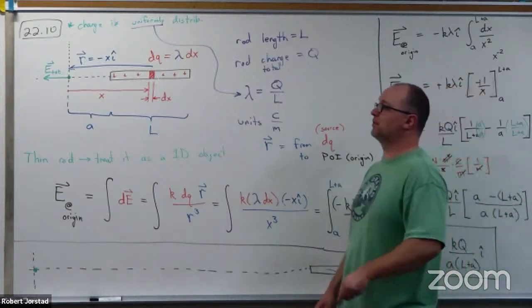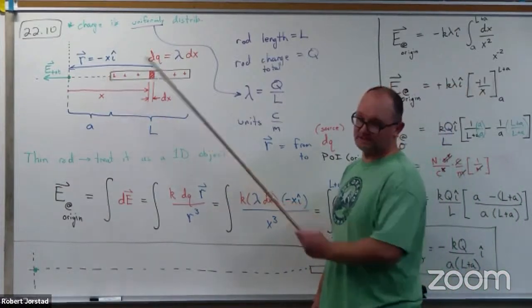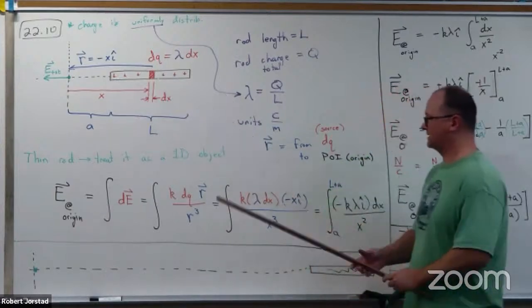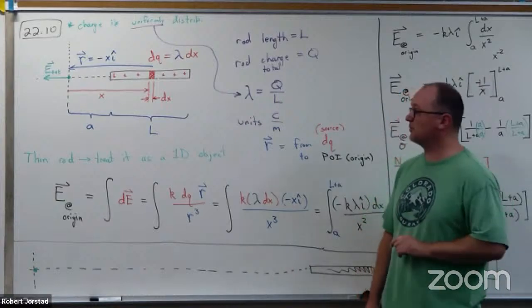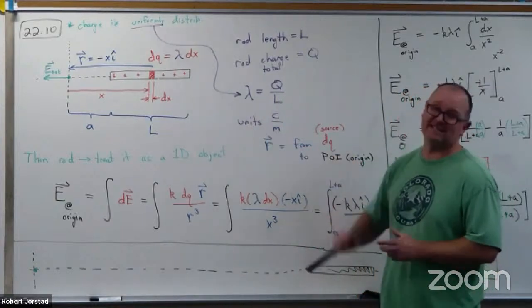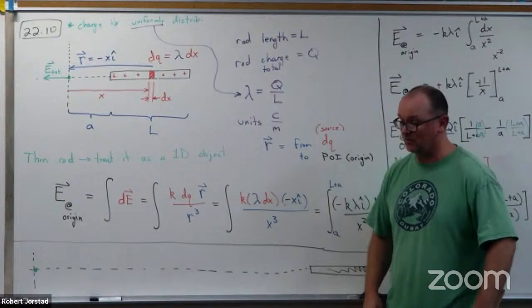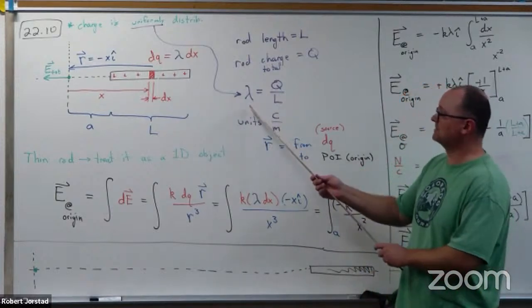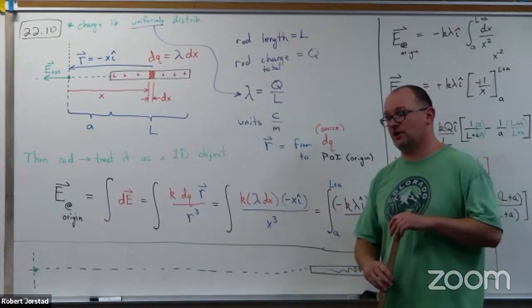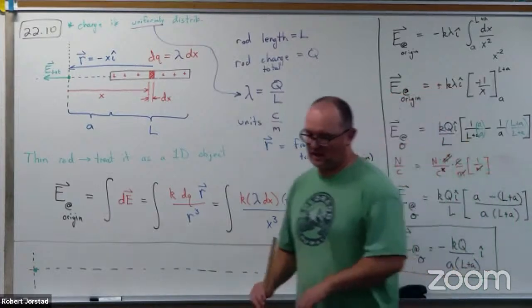If you pick a different point of interest, the R vector will be different. That would affect both of these terms. What if? Here's a different way. What if the charge wasn't uniformly distributed? What if it was non-uniformly distributed? That would affect lambda. If you're wondering how that would show up, that would look like problem